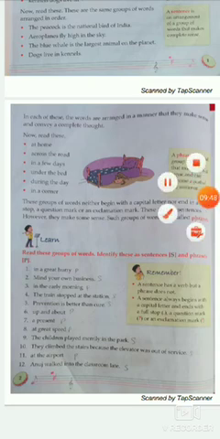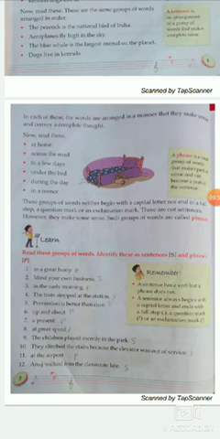Okay, so students, you know very well a sentence always begins with a capital letter and ends with a full stop, a question mark, or an exclamation mark. For example, my name is Rohan. This is a sentence. At last we use a full stop. Where do you live? At last we use a question mark. What a lovely gift! At last we use an exclamation mark.